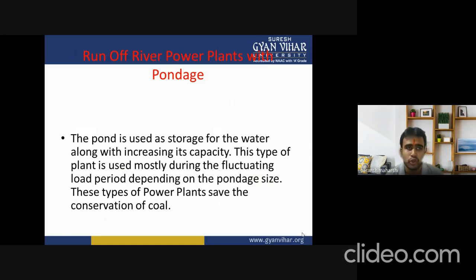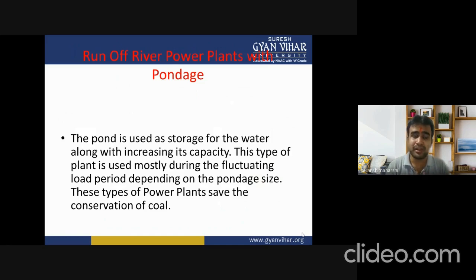मीन्स कि जब मैं फर्स्ट पॉइंट के बारे में बात करती हूँ रन ऑफ रिवर पावर प्लांट विदाउट पॉन्डेज, तो उसके अंदर हमने ये एक पर्टिकुलर टर्म कंसिडर करा था कि उसके अंदर हम किसी भी तरह की कोई भी स्टोरेज नहीं करते। मीन्स कि उसके अंदर हम कोई भी टेलरेस नहीं लगा रहे, किसी भी स्टोरेज सिस्टम को यूज हम नहीं कर रहे, क्योंकि उसकी एप्लीकेशन बहुत शॉर्ट टर्म पीरियड के लिए करी जा रही थी विद कम्पेयर टू लॉन्ग टर्म पीरियड।